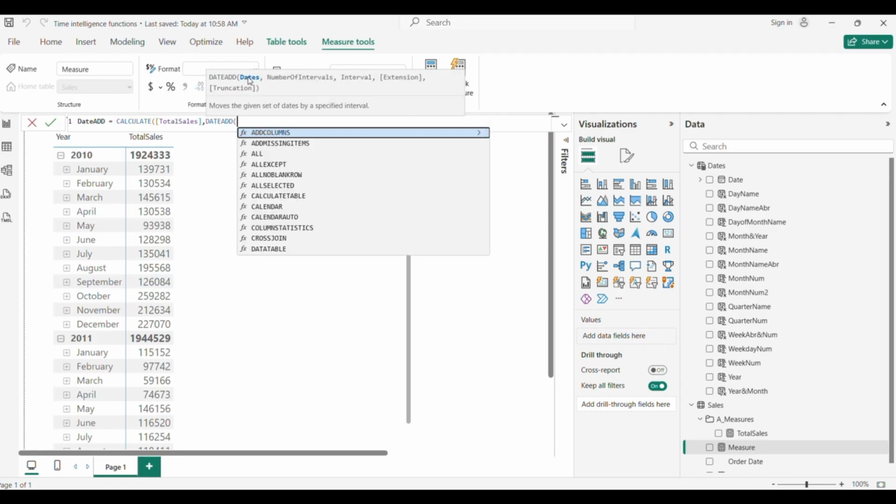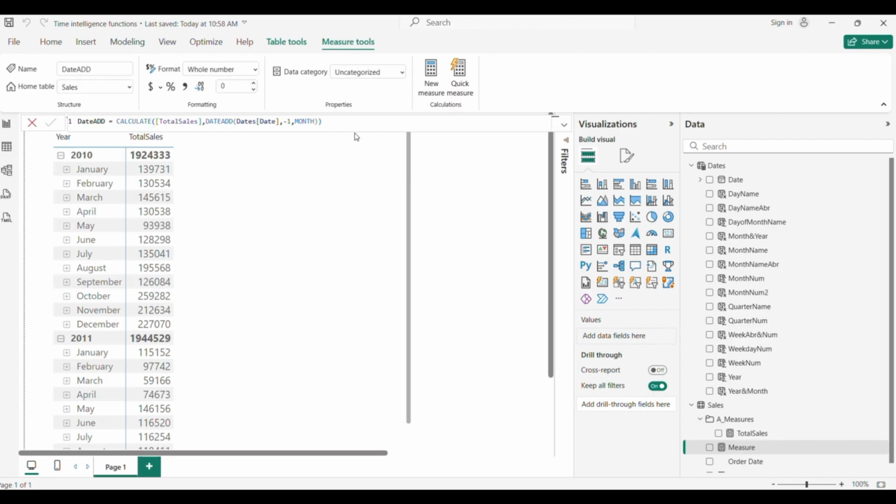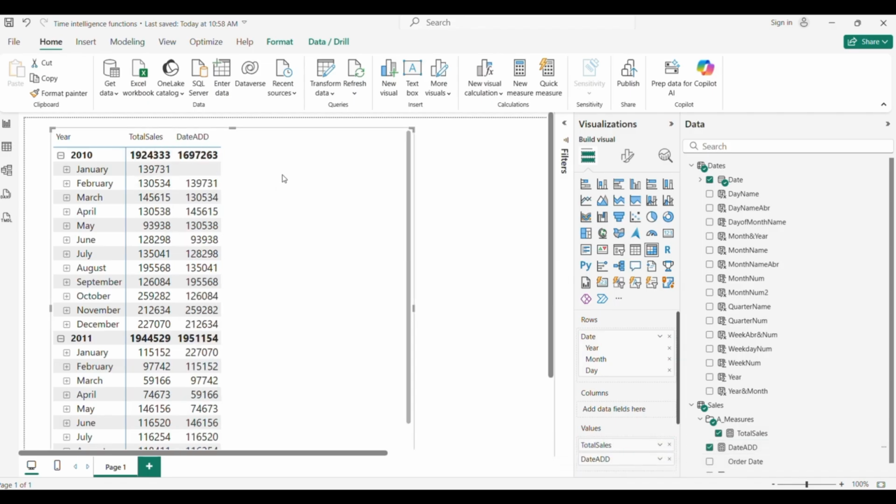We are asked about dates, so we simply add Dates and Date, and then the number of intervals that we want to shift, so I will say -1, and I will choose month because this is what I want to get. Close parentheses, hit enter. Now we can add our new measure, DATEADD, after total sales and values.